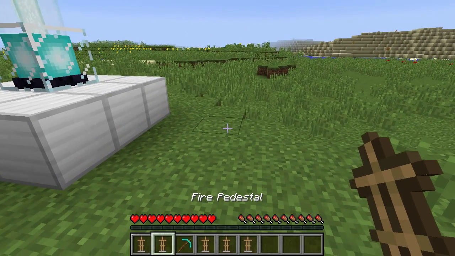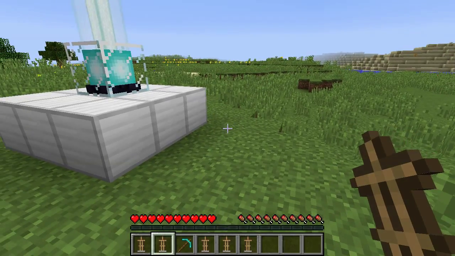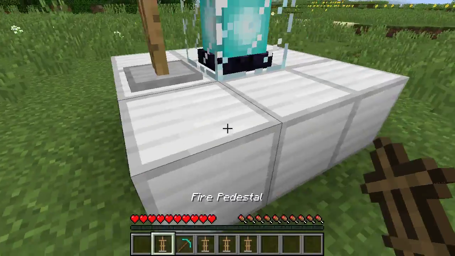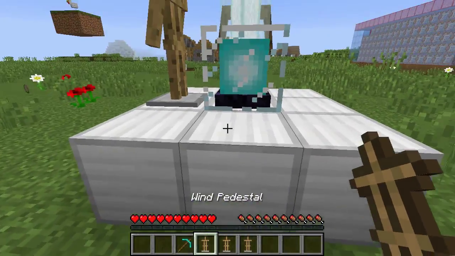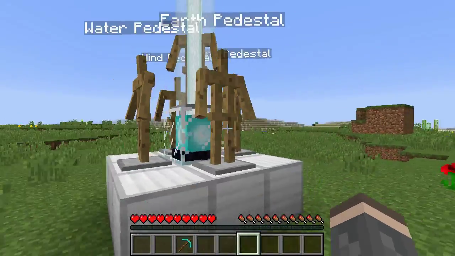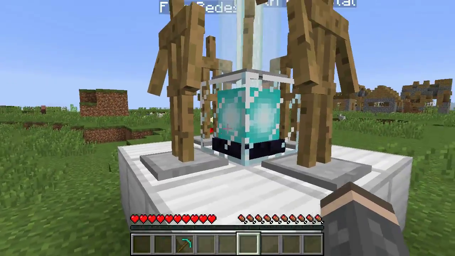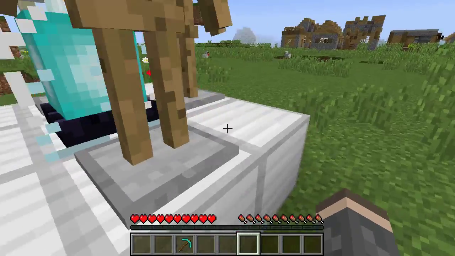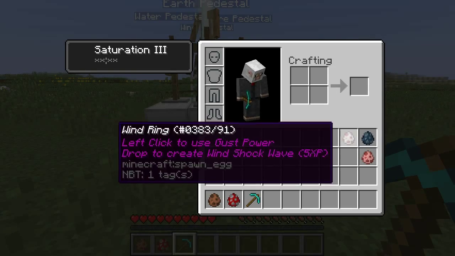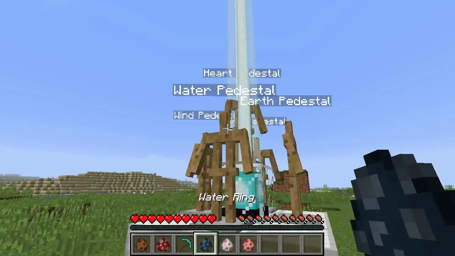So now, you're just going to want to place the pedestals in these spots on the iron. So the earth one, the fire one, the wind one, and the water one. And then the heart one goes on top of the beacon. It doesn't actually matter where these 4 pedestals go, just as long as the heart one's in the middle and these 4 are on these spots. But yeah. So now you're gonna want to take the rings and place them on the correct pedestal. So we have